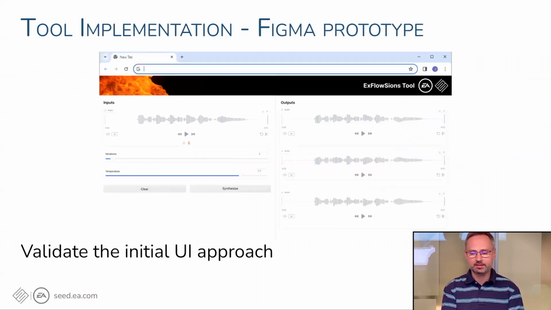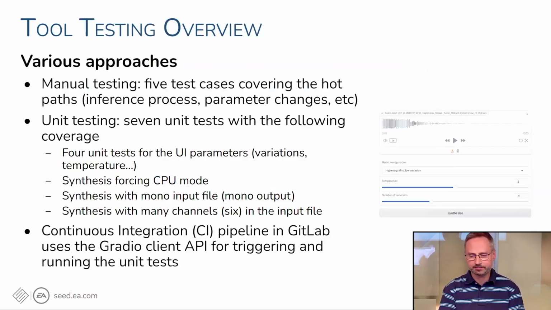Before starting to implement the UI, we created a tool prototype in Figma. In case you haven't heard of Figma before, it is a software where you can create mockups, wireframes, and prototypes for any type of application. So we used it to validate the initial approach and the requirements. And we also used some of the artwork we created with Figma in the tool, like this branded header that you can see in the screen capture, helping us deliver a simple yet functional and appealing user interface.